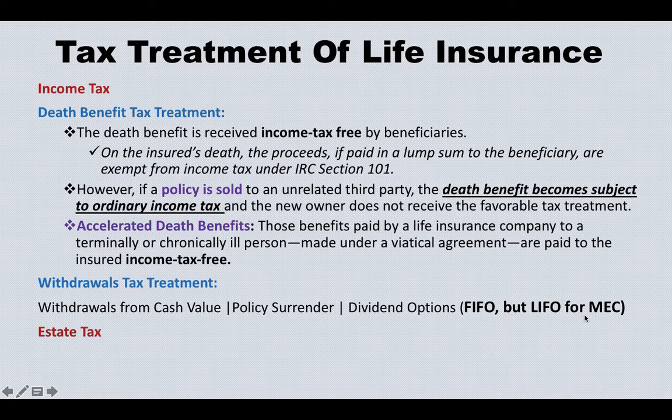You have to know there's another type of life insurance policy being identified as a MAC. This is a status, and I have a video on this.